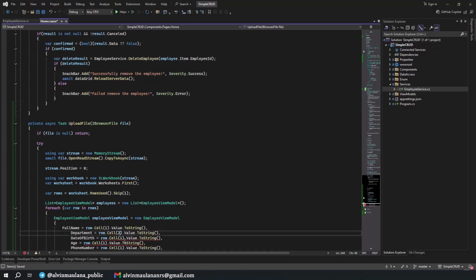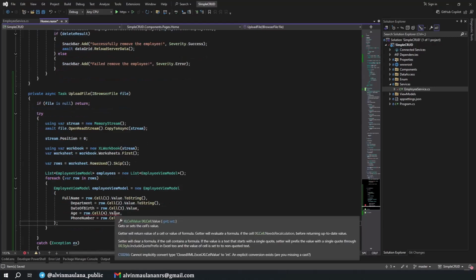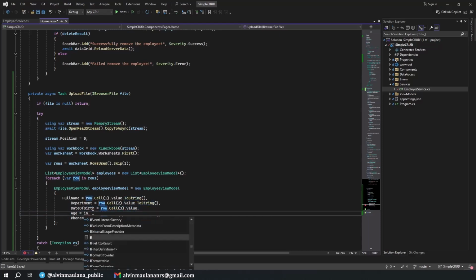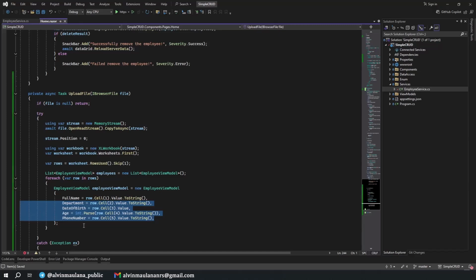This one should be cell number 2, this one cell number 3, but we just use the value because this is a DateTime. And then cell number 4, and we only need the value, I think, because age should be integer. Oh no, we cannot do that, but instead we need to wrap it under int.Parse. Okay, we parse this string into integer, and then the last is the phone number. Okay, we will have this one.